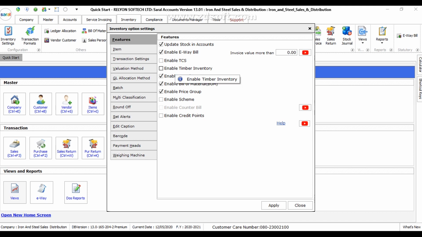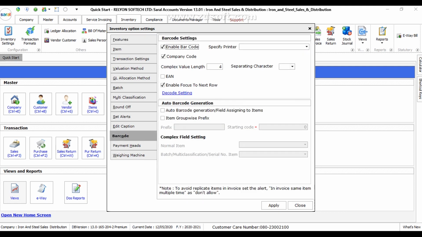So here the timber inventory is also there. After that, we also have barcode enabled in this software, because in many verticals barcode is a must, especially in the garment sector, so we have provided the barcode also.